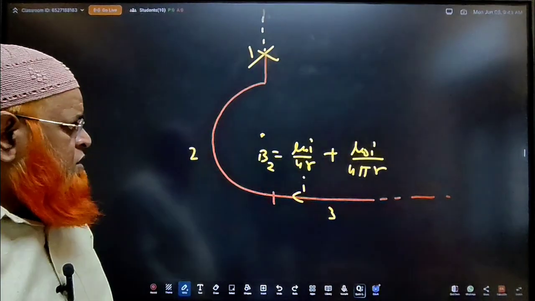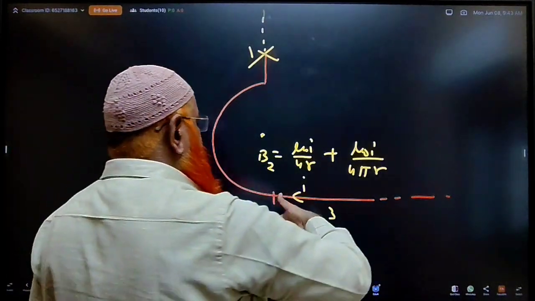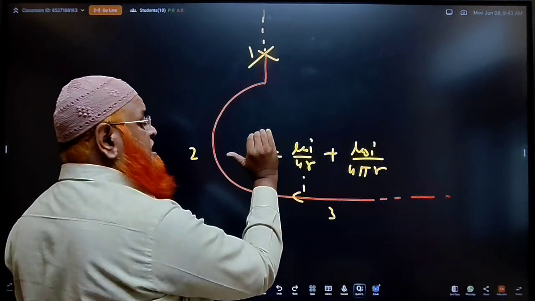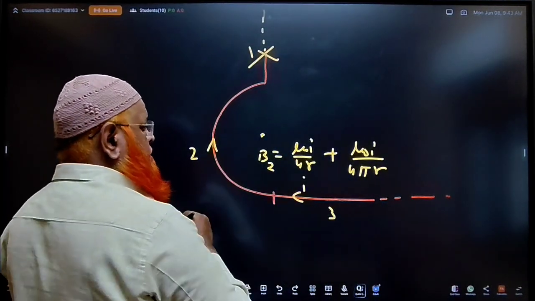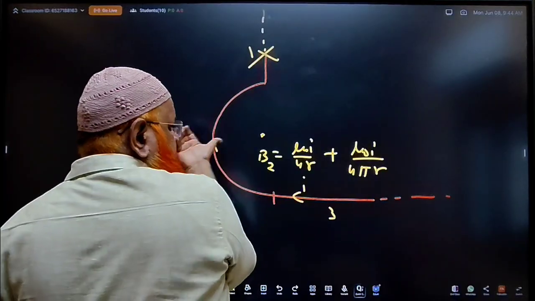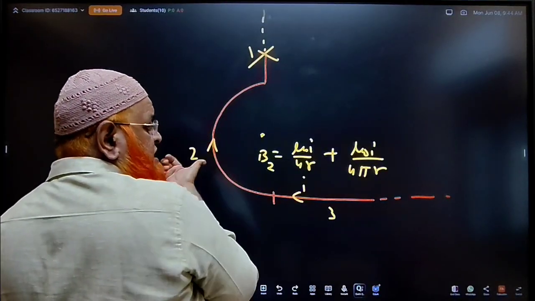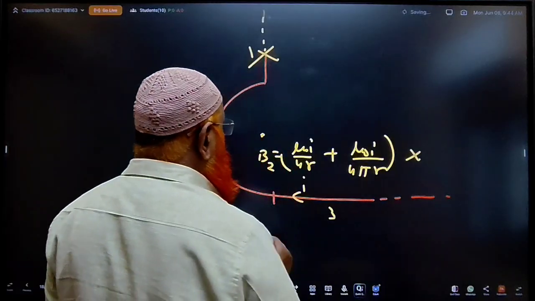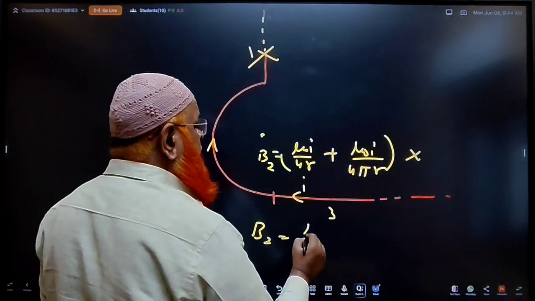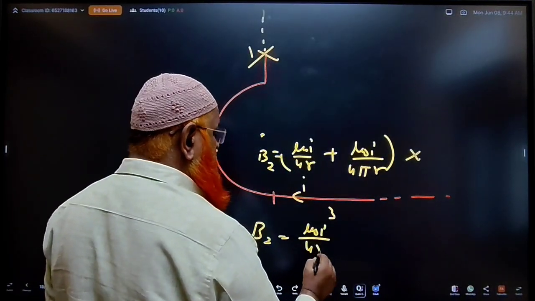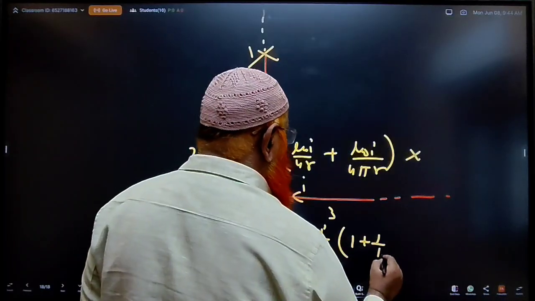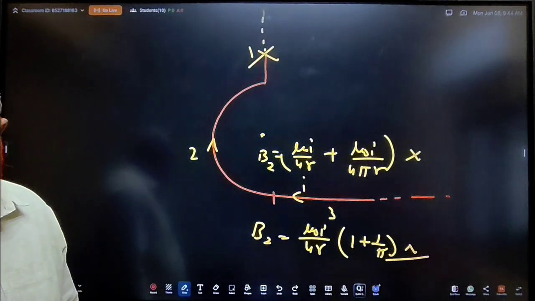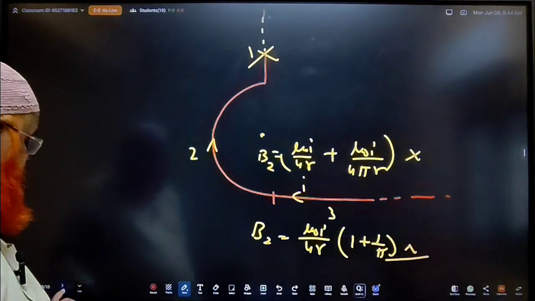Is it clear? So here the current is moving like this. Keep the thumb like this, four fingers are inside. And the current is like this. Here also, four fingers along the direction of the current, thumb is inside. So combined together, it is going to be into. If you want to simplify, you can write mu naught I by 4r into (1 plus 1 by pi), directed into the page. Understood what I am saying now? Is it clear? Then after that, the next model